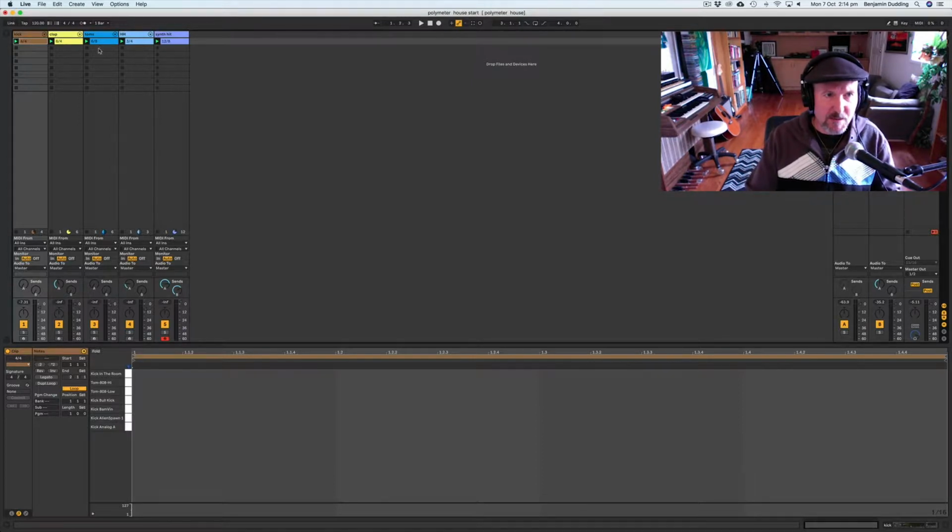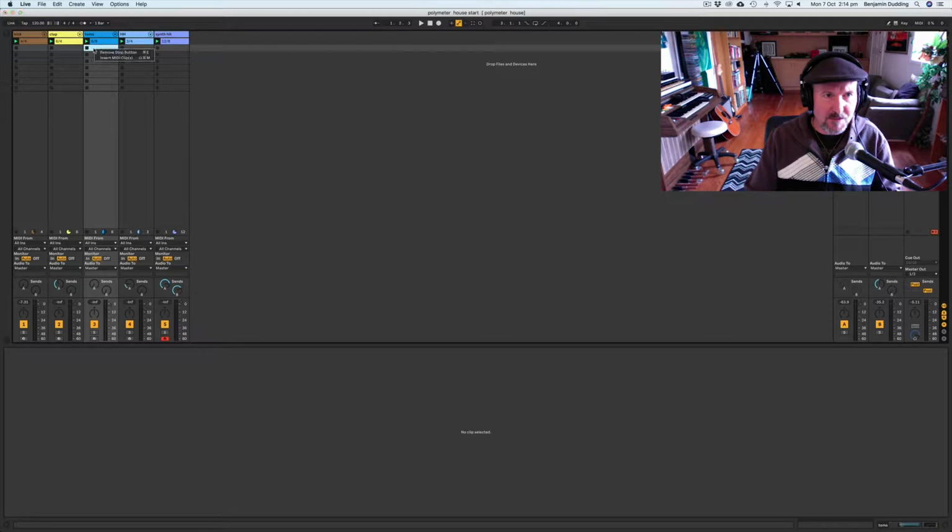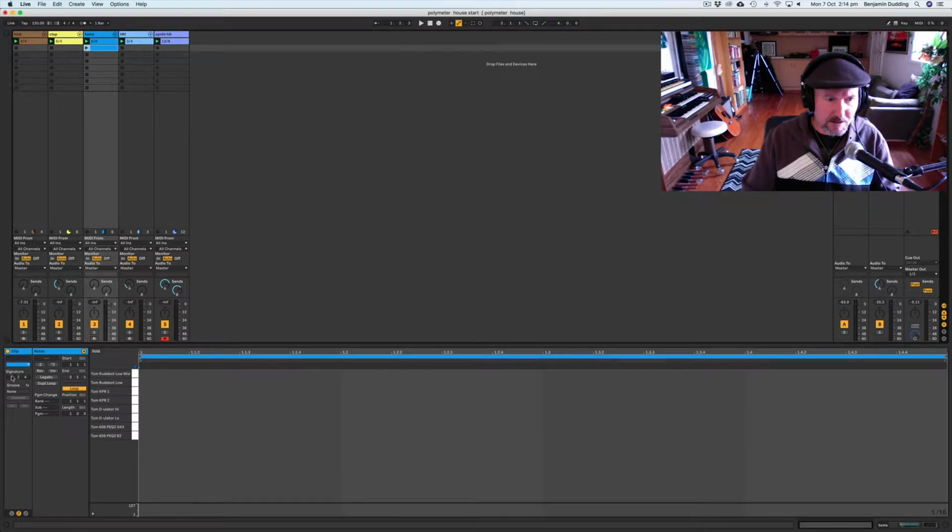So first things first, maybe I'll set this up with some toms. If I insert, say, one MIDI clip here, and let's say this is in 4/4 by default. Okay, if I was to put in some toms here, let's say I'll use these classic 808 toms maybe, or 606 toms here. So let's say I do something fairly simple where I'm playing this low tom here